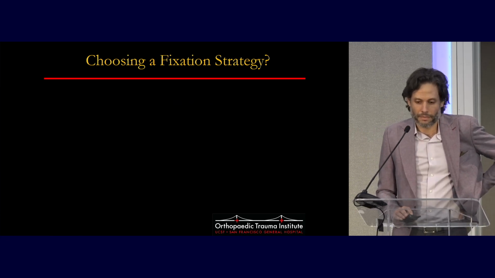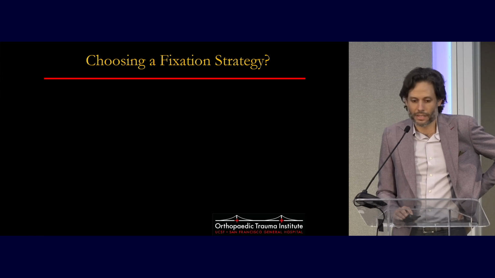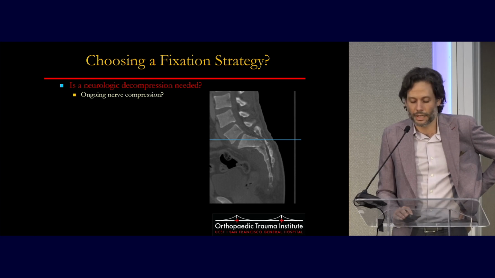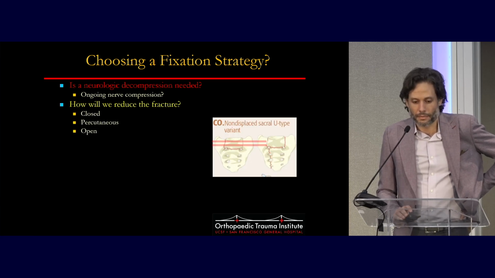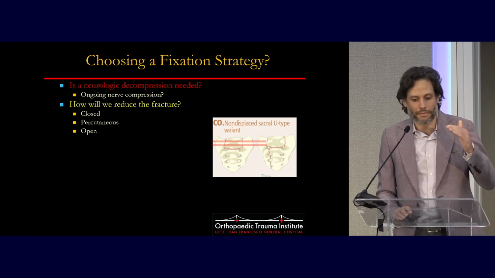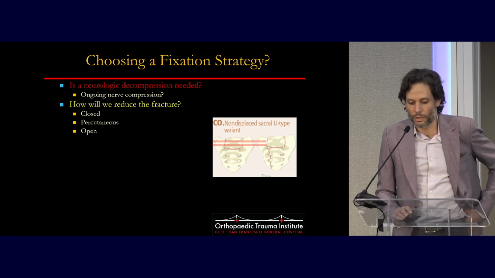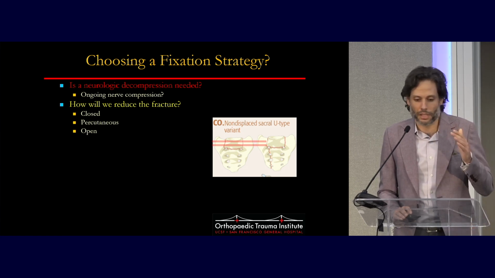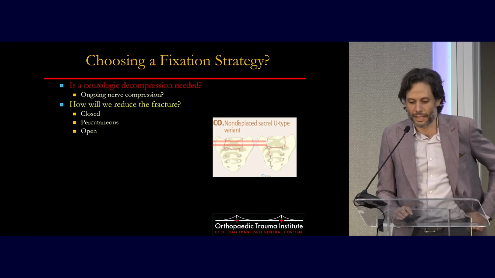So how do we choose a fixation strategy? There's sort of 5 things that we consider. The first is if there's ongoing neurologic compression, then decompression is needed. The next question is how we're going to reduce the fracture. Similar to everything else, we start with the least invasive things and see if we could reduce it percutaneously, and if we can't, then we go open. So for our non-displaced fragility fractures that have functionally limiting pain, these can be treated in situ with iliosacral screws,